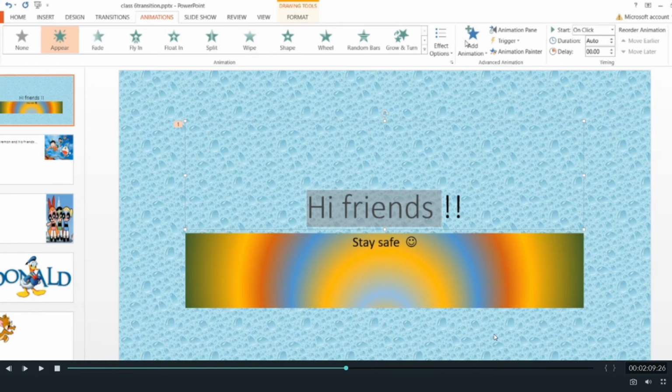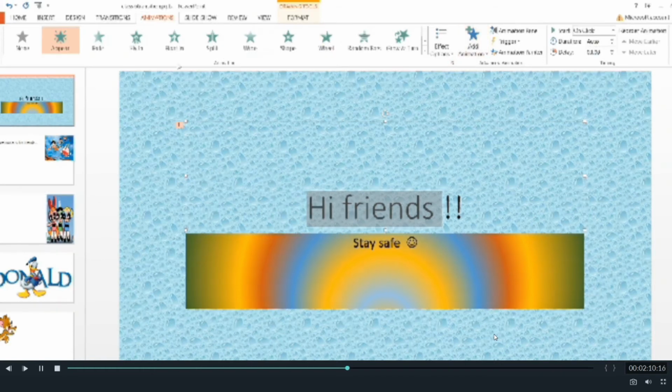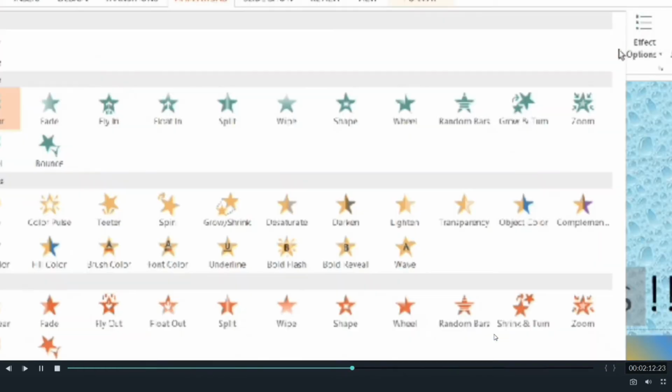For applying the animation effects, the application software will not know which effect you want to apply on which object on your slide. Say for example, you have two pictures and two text, so whichever text you want to apply effect to, you have to select. This is the most important part while creating your PowerPoint slides and applying animation effects to it. That is, you need to select the object. So my object is text here, I have selected.